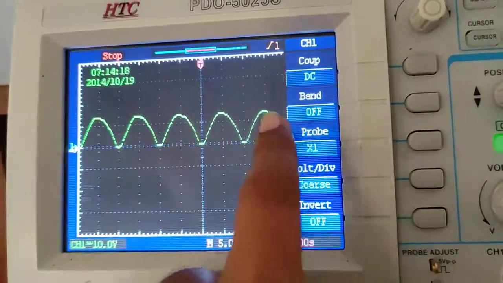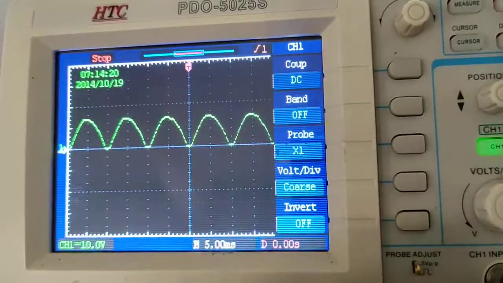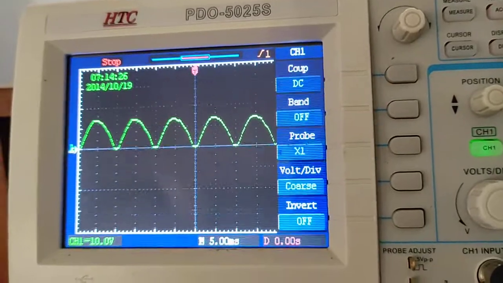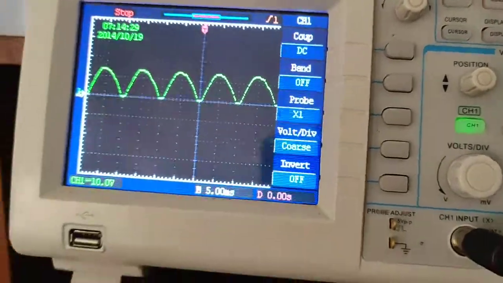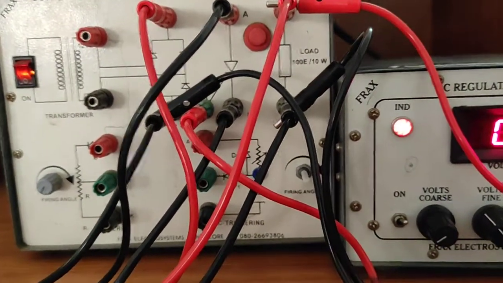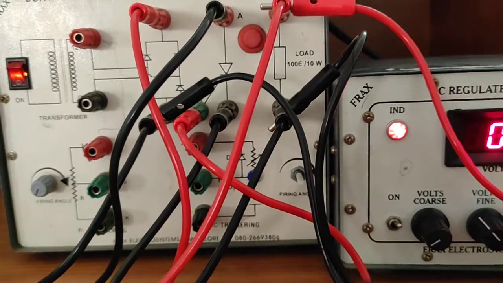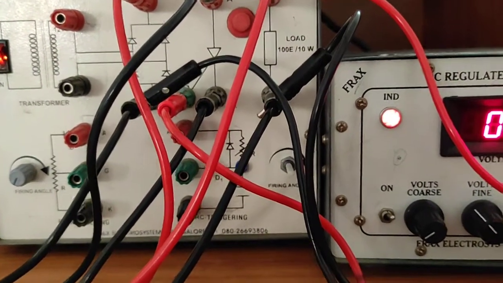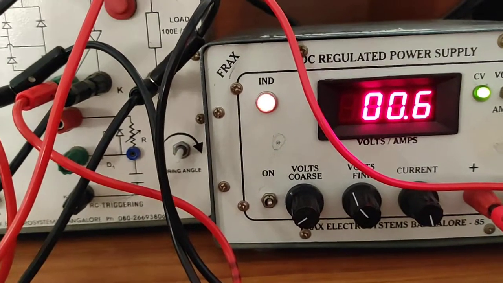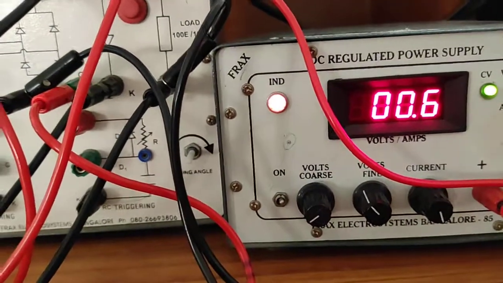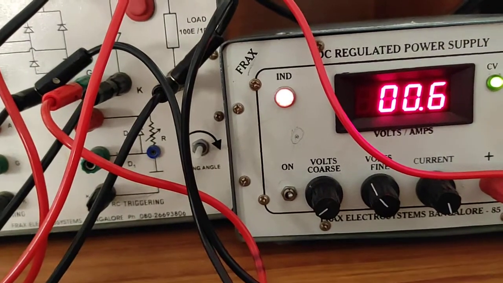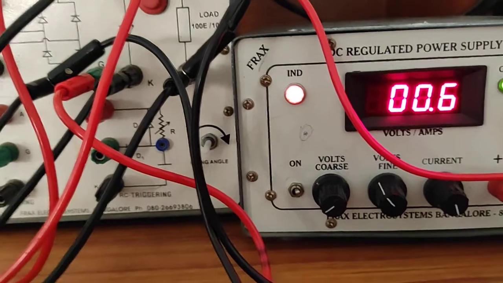So, this is the load voltage using a regulated power supply, meaning a DC triggering circuit configuration with the help of a full wave bridge rectifier. And as seen for the half wave rectifier also, we do not have any control on the firing angle. So, in the full wave also we do not have any control on the firing angle, we just have to regulate the voltage at which this pulse is going to turn on the thyristor. You can see this voltage is in between 0.6 and 0.7, approximately you may consider 0.65. Okay? Thank you.